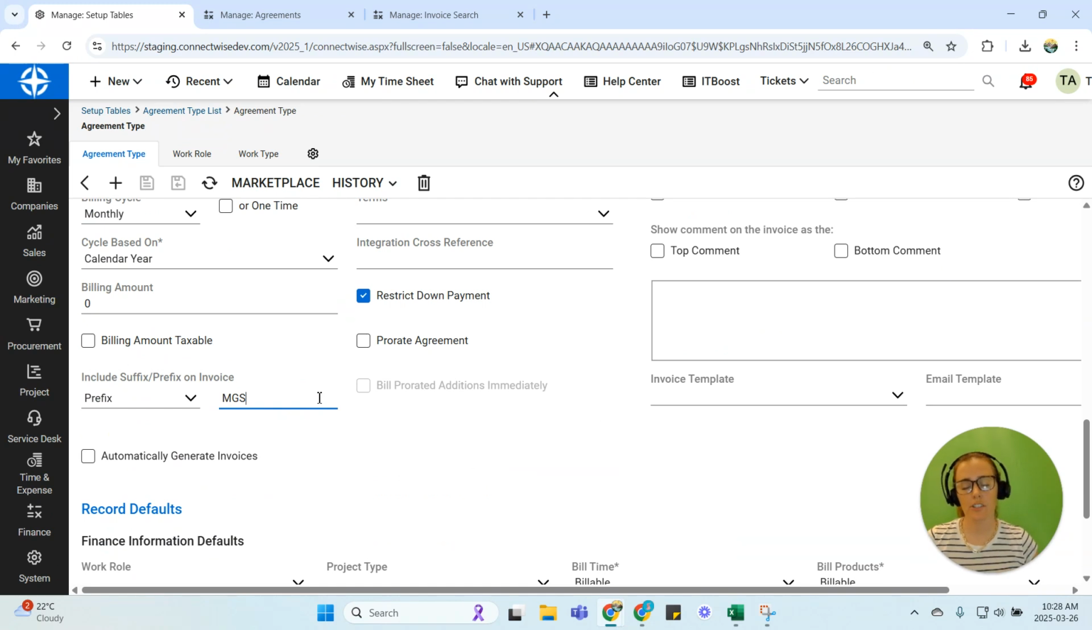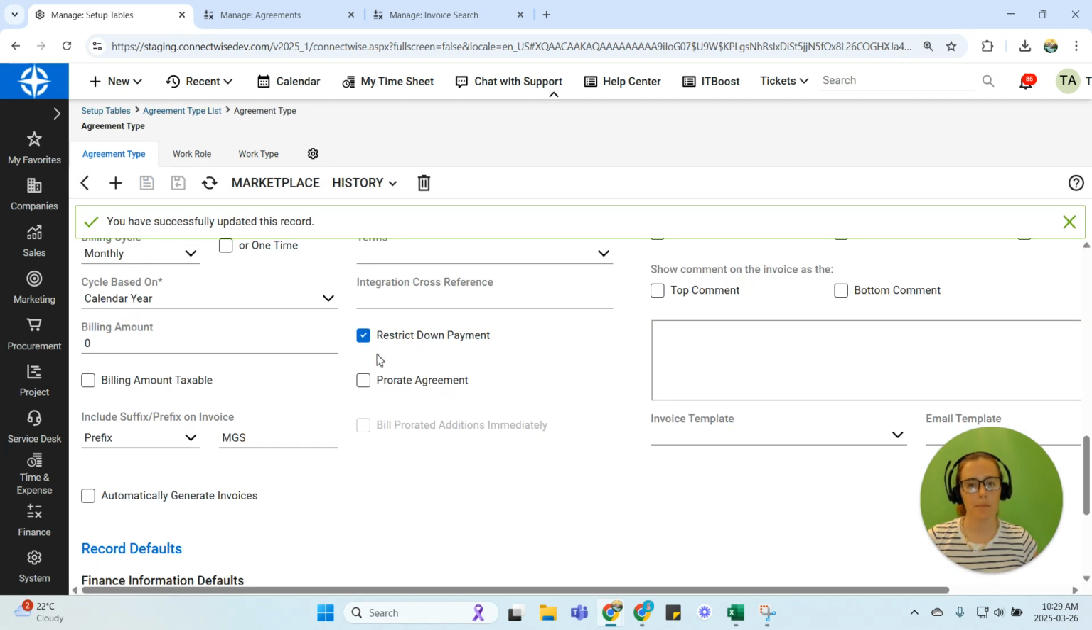This is my managed service agreement. I want it to say MGS. I could standardize these and make them all just say agreement so I know which ones are agreement. It doesn't really matter. It's however you want to do this internally, but I'm going to go ahead and hit